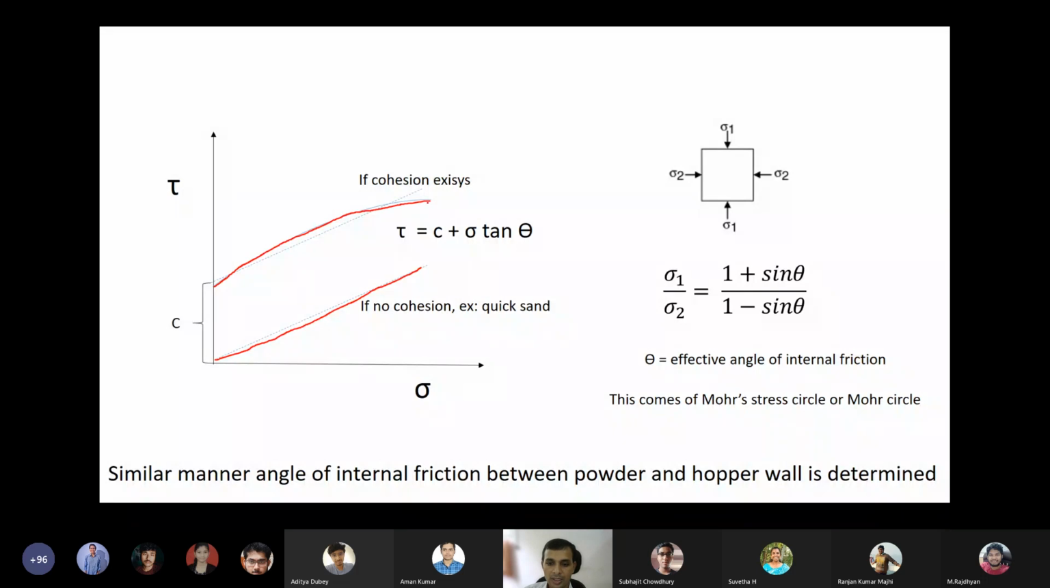People have observed that tau is proportional to sigma, just like Newtonian fluid and non-Newtonian fluid. Certain powders will behave this way, and certain powders will behave differently. Which powders will behave this way? The powders which don't have any cohesion. There is no